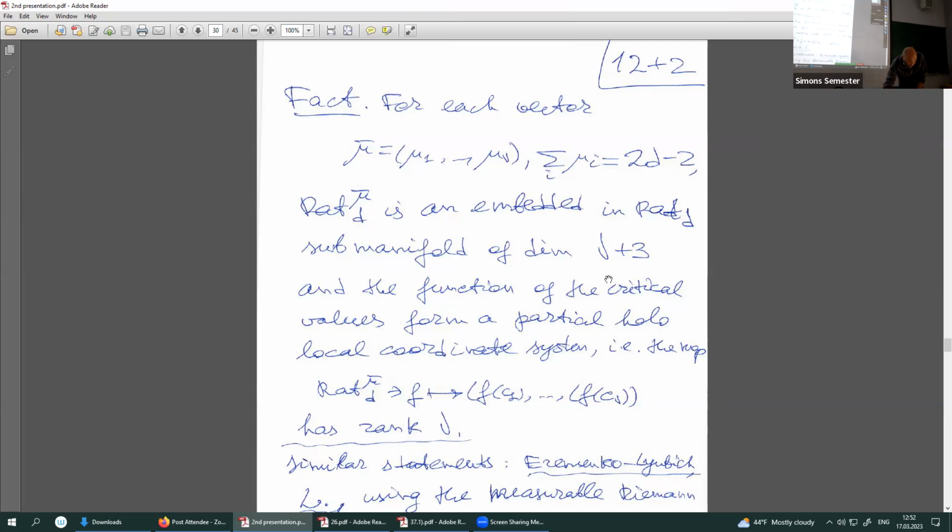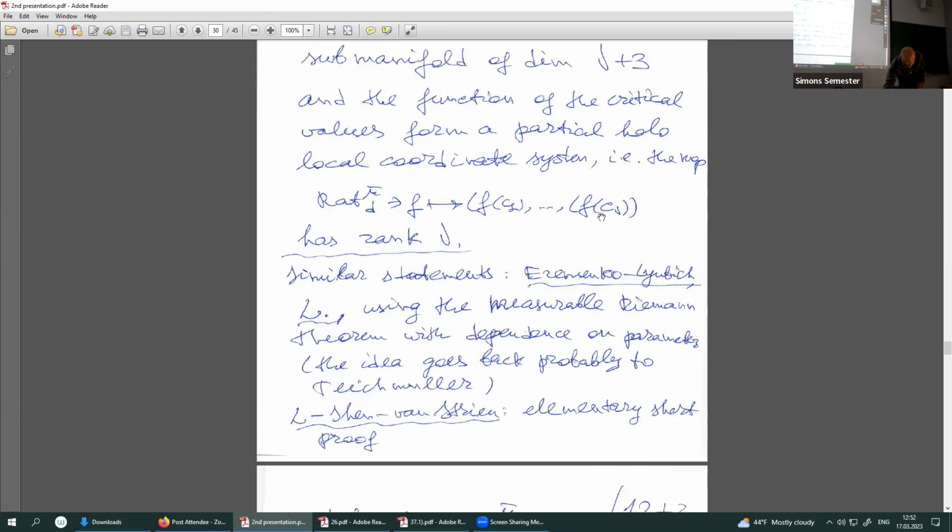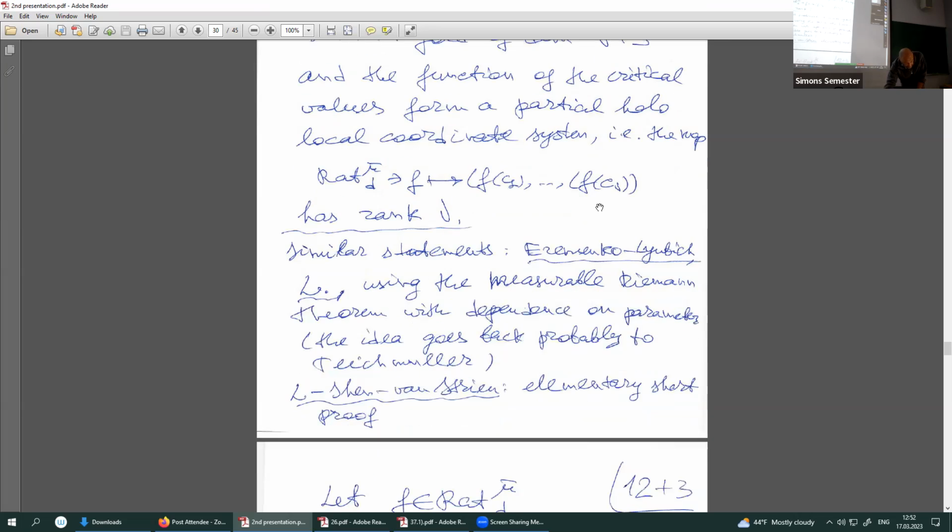And I think maybe the first explicit similar statement appeared in Eremenko-Lyubich paper about spaces of entire functions with finitely many singular values, okay? Also about rational functions, it appears in my paper, but it was known maybe also to Eremenko, but